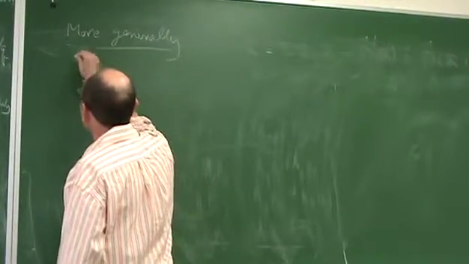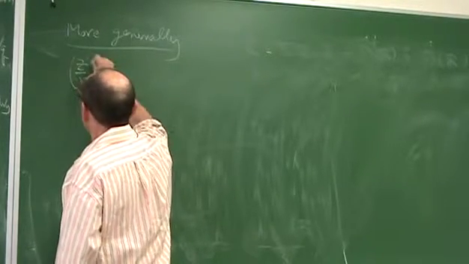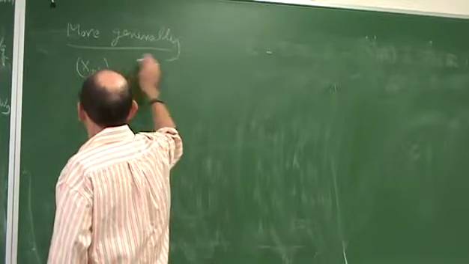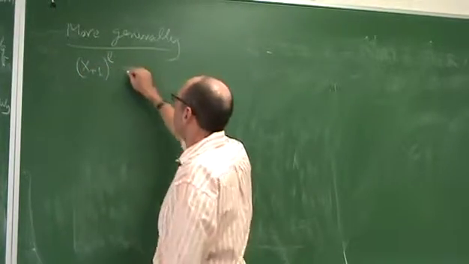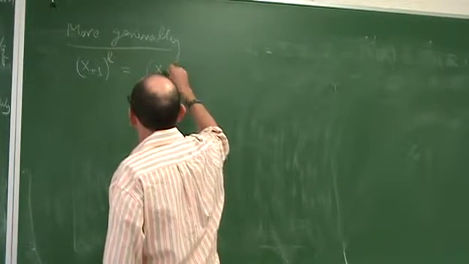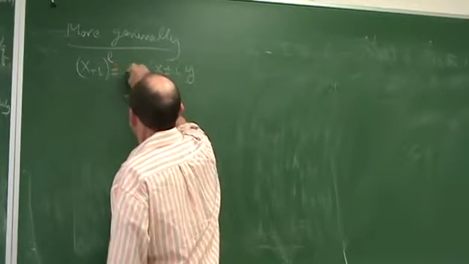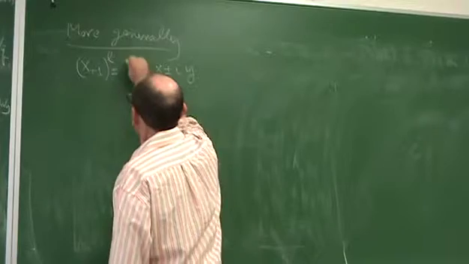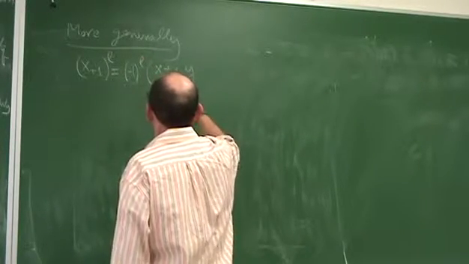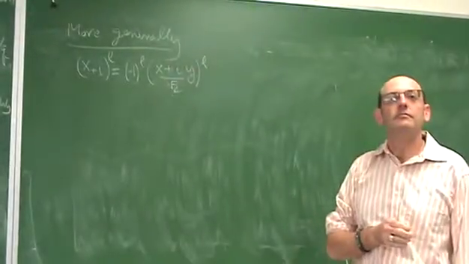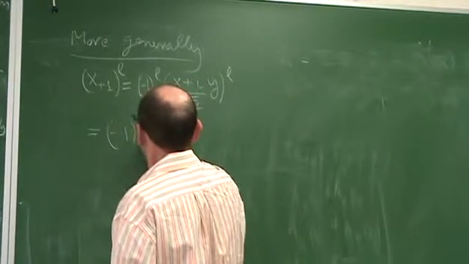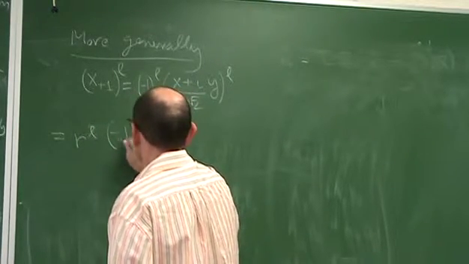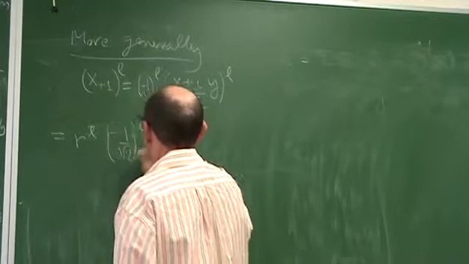More generally, for example, if I look at Z over R, for instance, if I look at X plus 1 to the power L, this is equal to X plus or minus iY times minus 1 to the... oh my goodness, this is minus 1 to the L over root 2 to the power L, which is equal to minus 1 to the L R to the L, with minus 1 over root 2 out front,